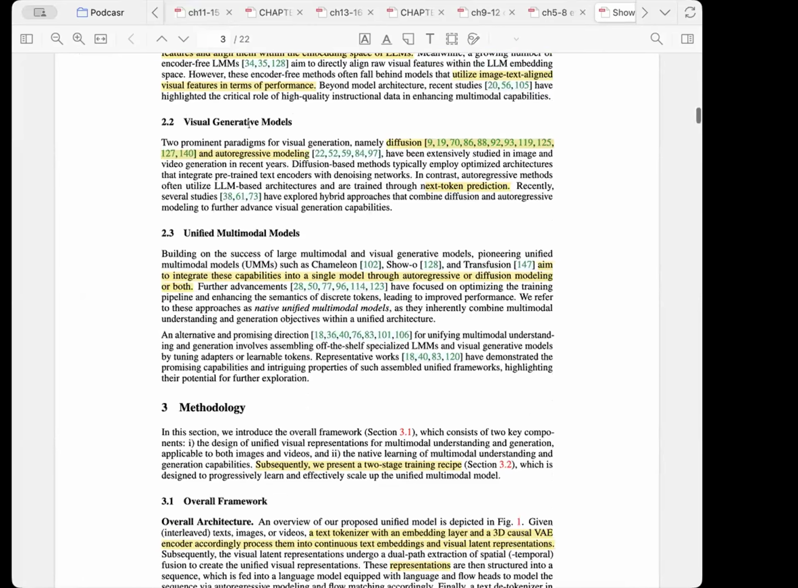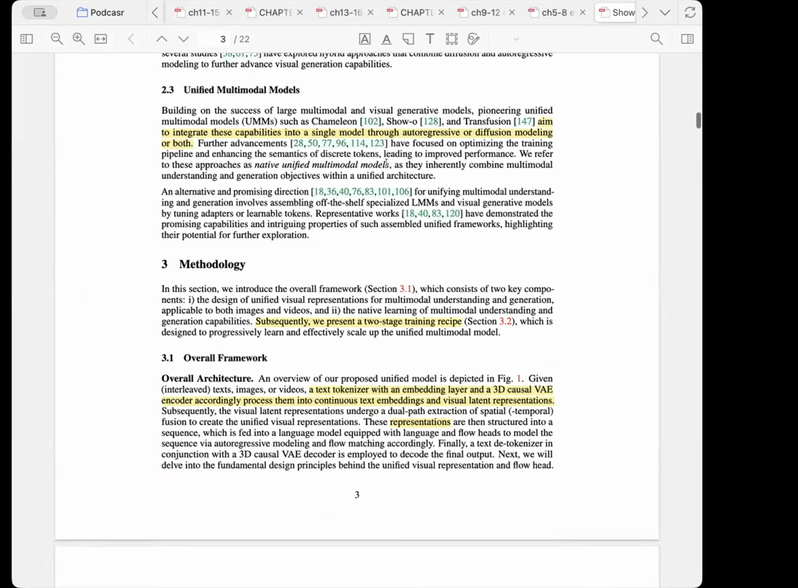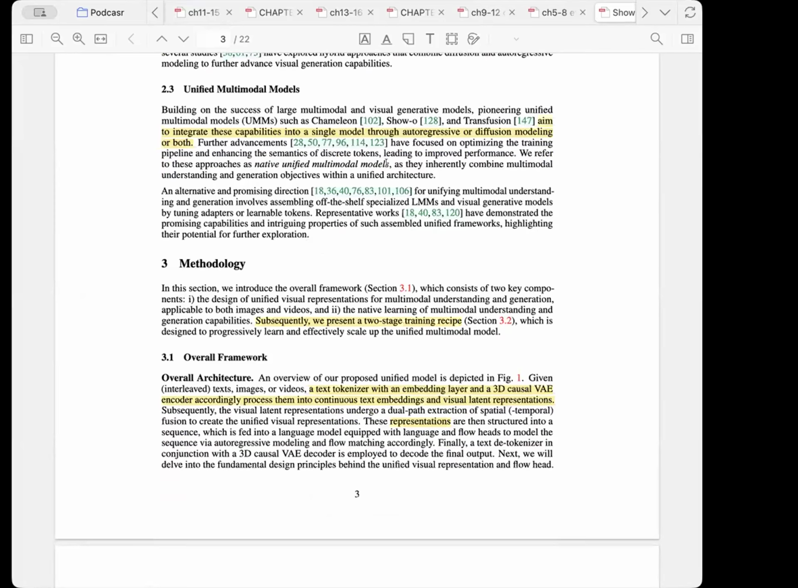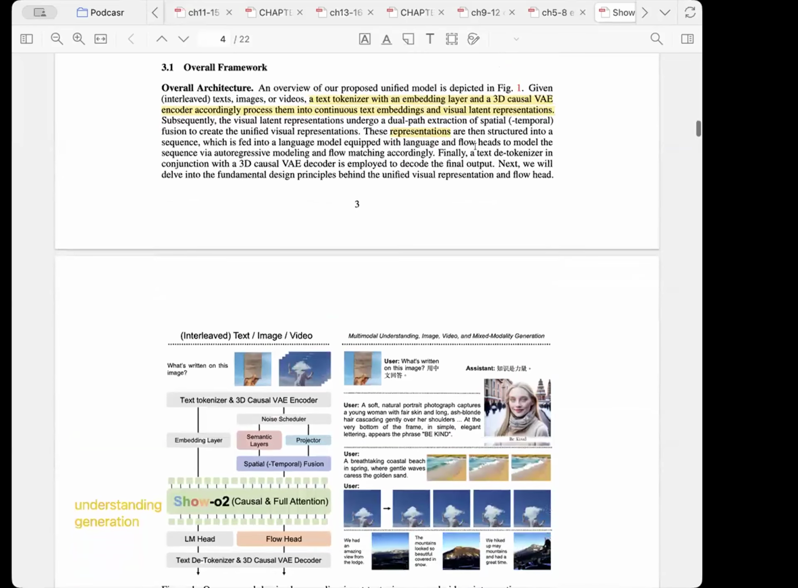And the second one is the visual generative models. It used two types of models. The first one is diffusion, and the second one is AR modeling. And here comes the UMM, which is the main character of this paper. It aims to integrate the capabilities into a single model through AR or diffusion modeling or both. So I think the very important part